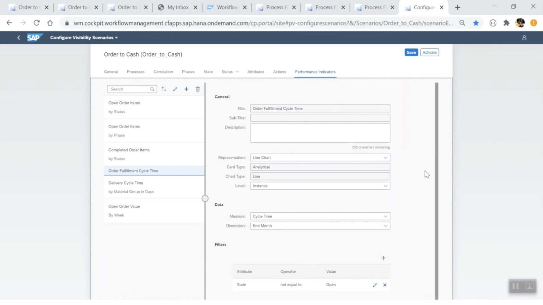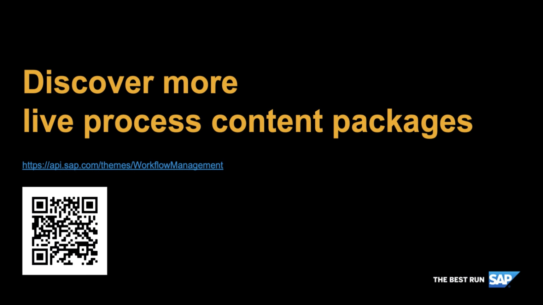So you see how this live content package of visibility on Order to Cash can help a business user gain end-to-end insights, convert these insights to actions, thus providing a competitive edge by identifying bottlenecks well on time. That was a deep dive in visibility scenario of Order to Cash. You can discover more live content